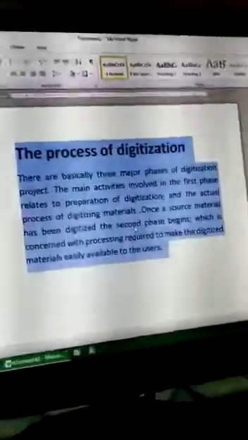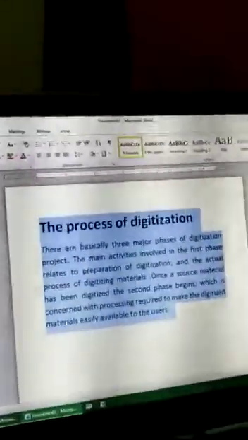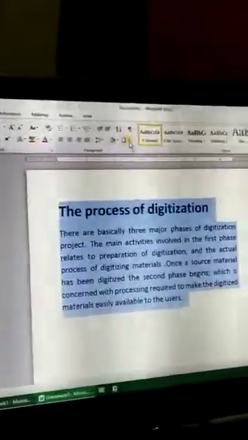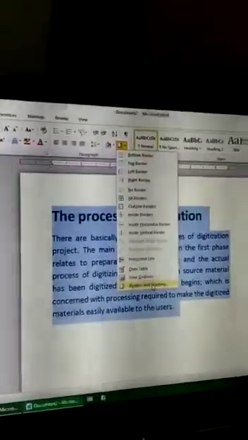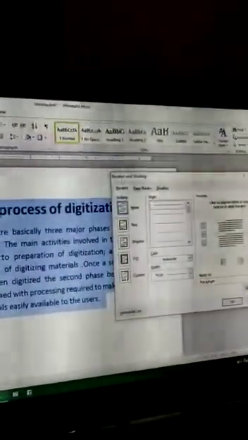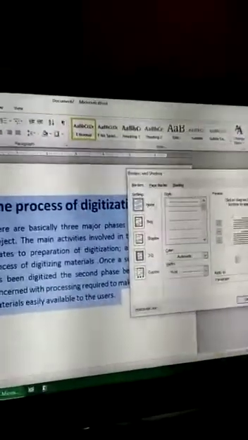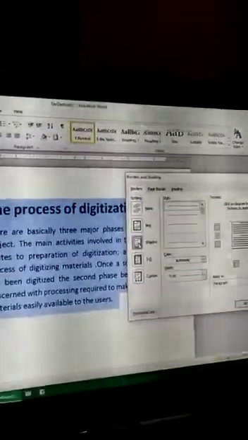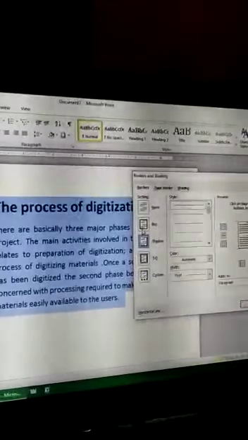You have to click on this paragraph text, click on the Home tab, click on the border button arrow. No need to click this option, just click on the border and shading option. After clicking this option, we will find the border and shading window. We have to click box, or shadow, as our choice. I will click box.